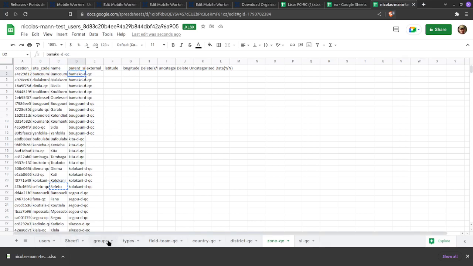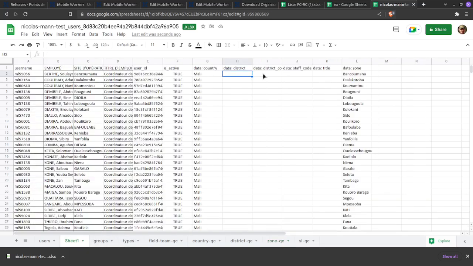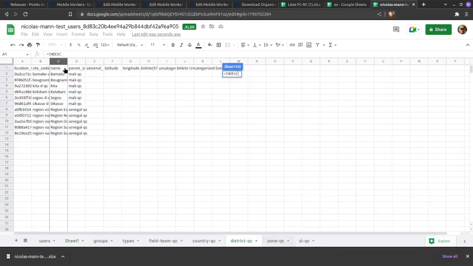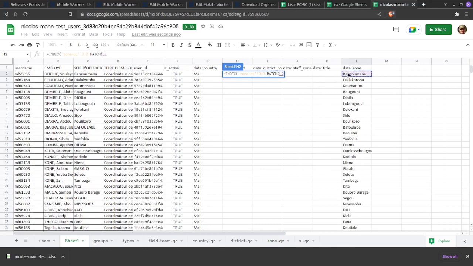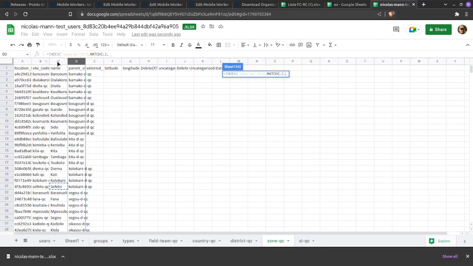So I'll just look this up to get that. Index. Get this, match the zone to zone name, and